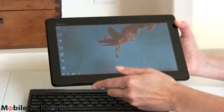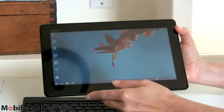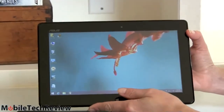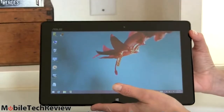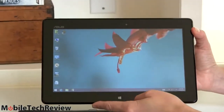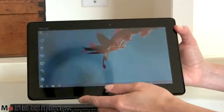Another thing that hurts is this is only 210 nits of brightness. That's pretty dim. Color accuracy, just average on this. Not terrible, but not super bold colors. But again, in this price range, how much can you ask for? That's okay. We'd like it a little bit brighter, honestly, because as a tablet, you tend to take it everywhere and maybe want to use it outdoors. It gets to be hard. Anyway, still,